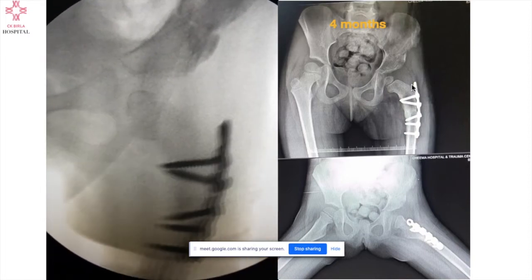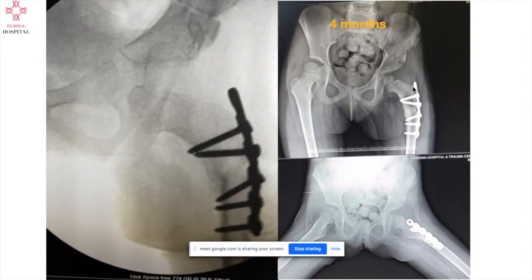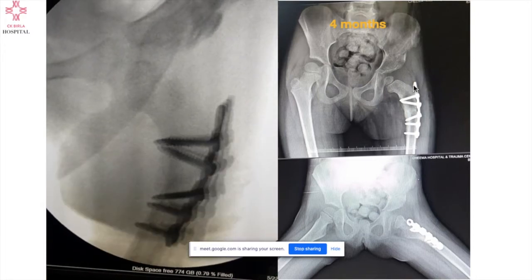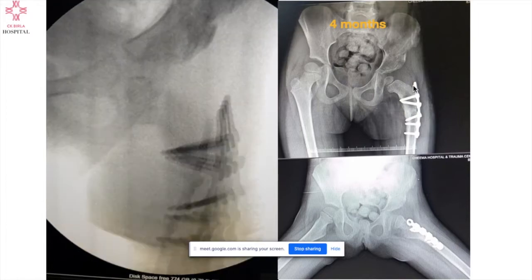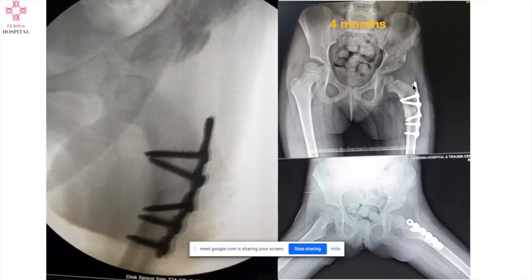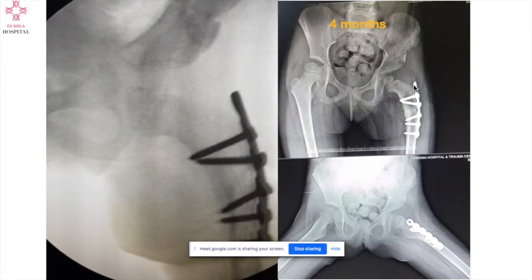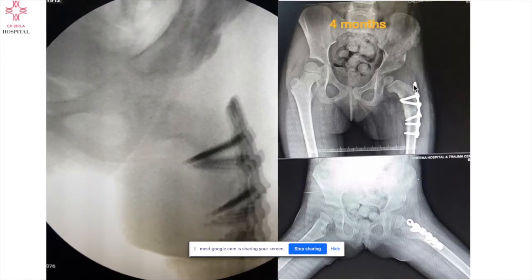What you may see here is that the plate looks longer. It's not long actually. It's sitting on the trochanteric apophysis. The apophysis is not ossified, but you can feel it during surgery. The cartilage is not ossified. That is why most of the things in pediatric orthopedics are unossified, and there are higher chances of missing things.